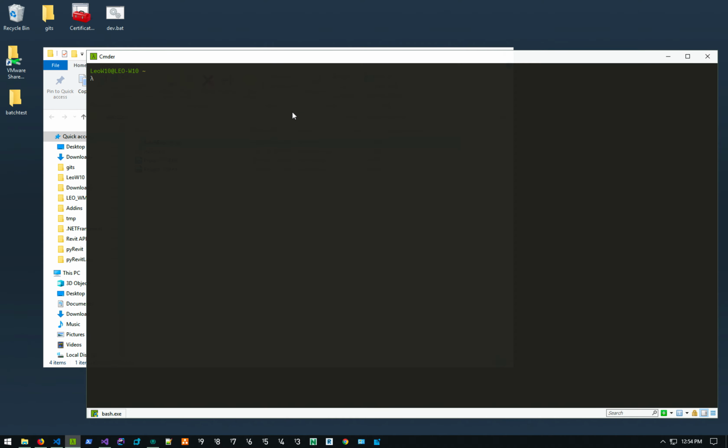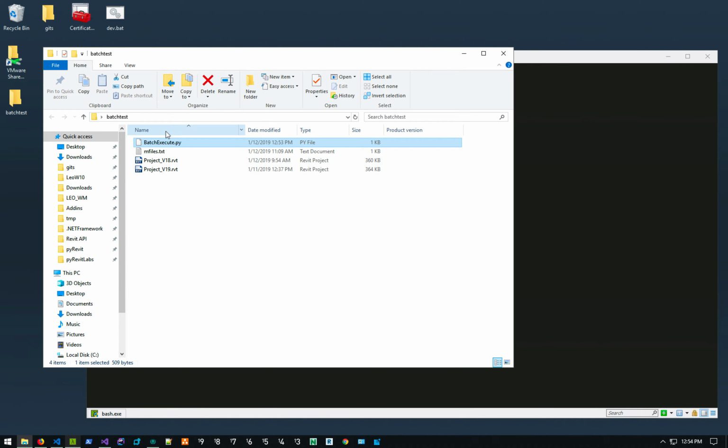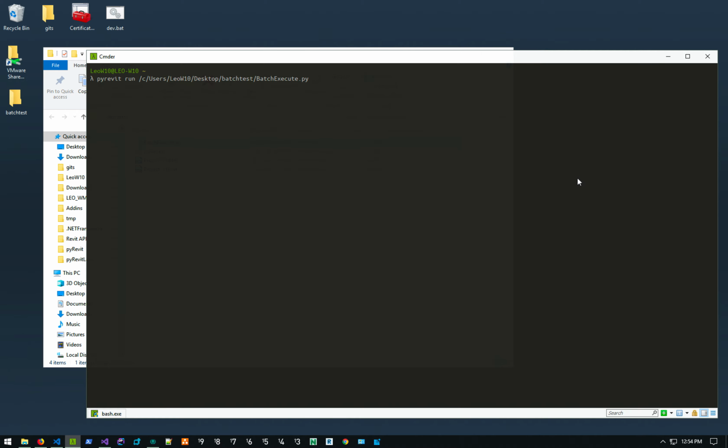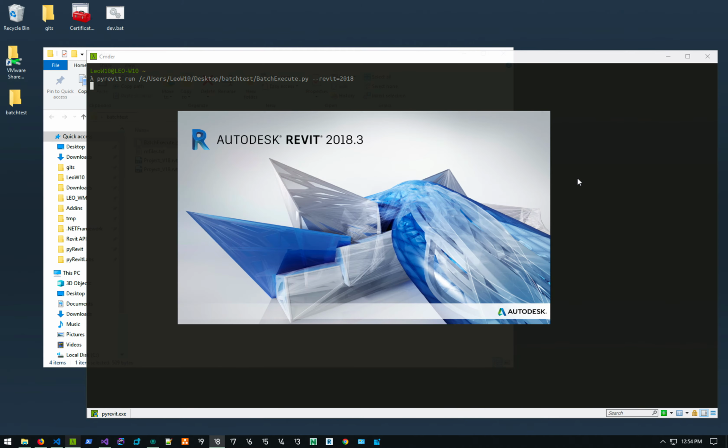So the way to run it is that you say pyRevit run, and then you provide the path of that script to it. In this case, I'm going to just say copy path and place the path here. Now, if I hit run right now, pyRevit will use the latest version of Revit that's on your machine to run it. You can also specify the Revit version that you want to run it on, and give it the major version, which is the year of that Revit. So in this case, if I hit run, it'll open it with 2018. I'm just going to do it now, and you can see it launches 2018,